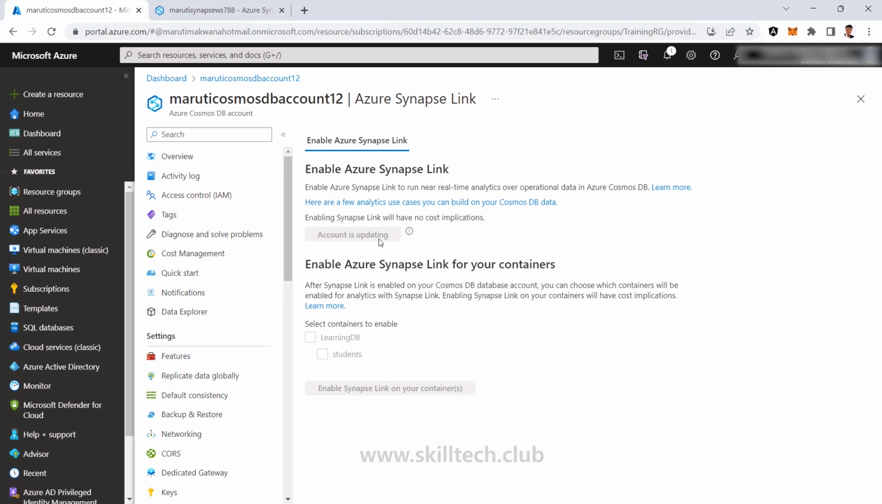In order to proceed further, first it should be enabled. So let's just wait for this to be done. I'm refreshing one more time. Yes, for me now it is showing account is enabled, and you can see it's showing me that this